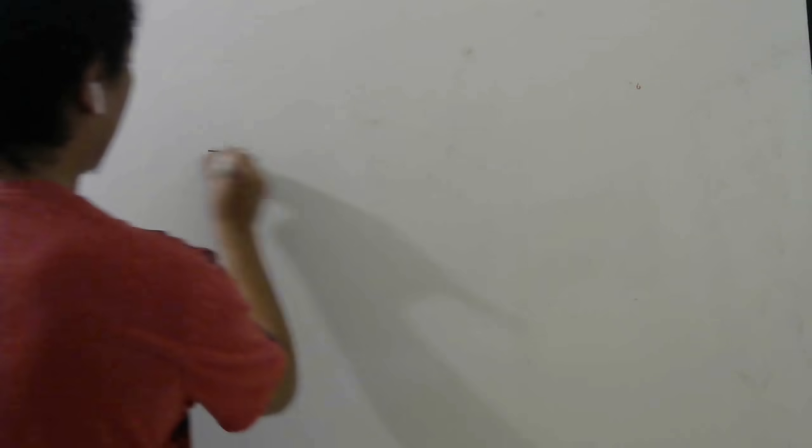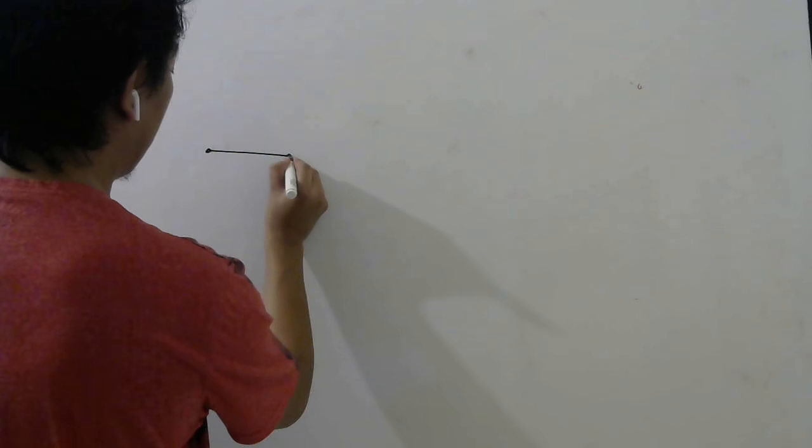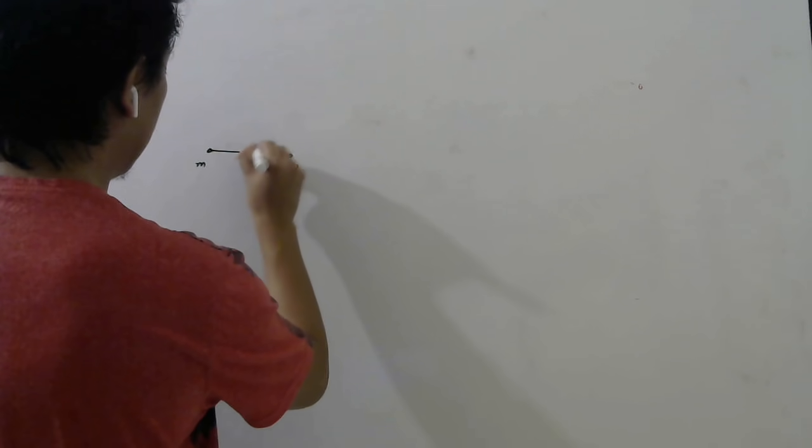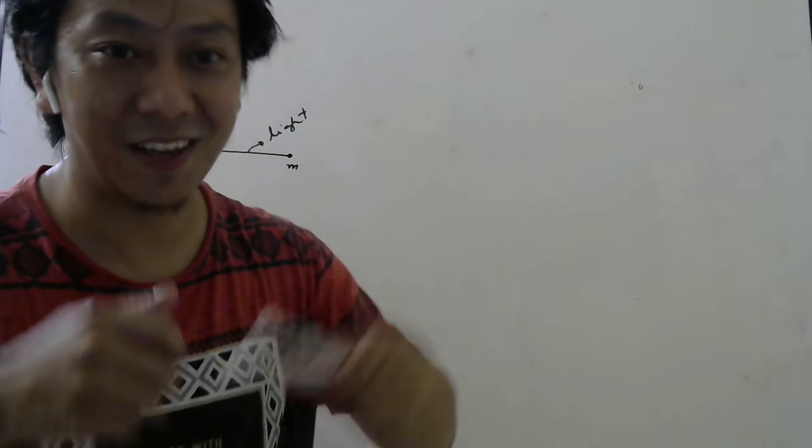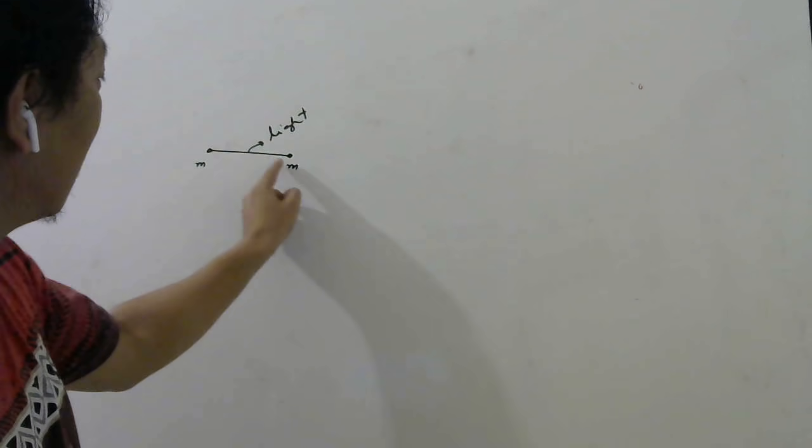Now let's see question number 23. It's a long question, so you have to read it carefully. A point particle of mass small m is attached to one end of a massless, rigid, non-conducting rod of length L. Another point particle of the same mass is attached to the other end of the rod. So there is a rod, and at one end and the other end they put two particles. And this is light. Light means opposite of dark, not opposite of heavy. So light means the mass of this rod you can neglect.